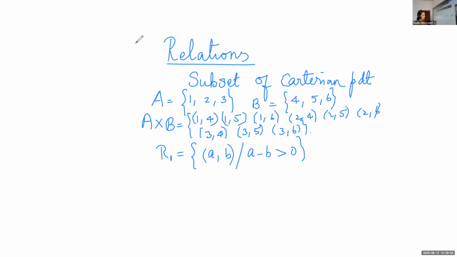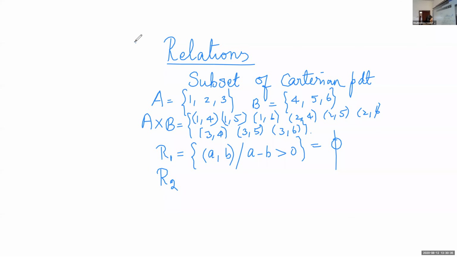Which all the elements you will get here? Whether 1, 4 you will be getting there? First element minus second element is positive. What is 1 minus 4? Is it positive? No. Second element? No. Third one? No. Will you be getting any element here? No. So here you will get no element. So now I am going to define the next relation. So can you understand what is meant by relation? We are selecting only those elements which satisfy these conditions, where the first element is related to the second element.